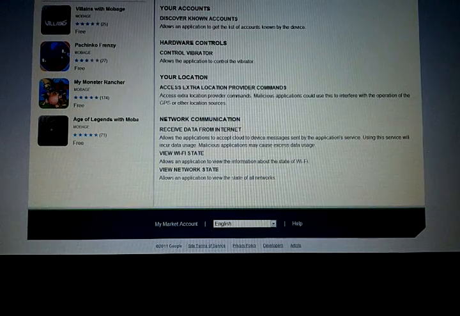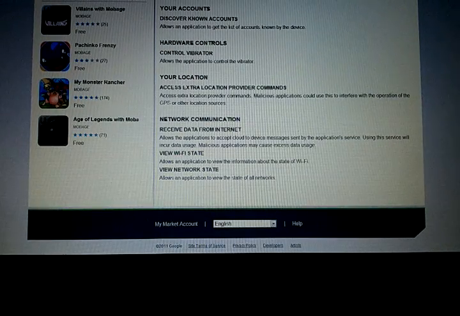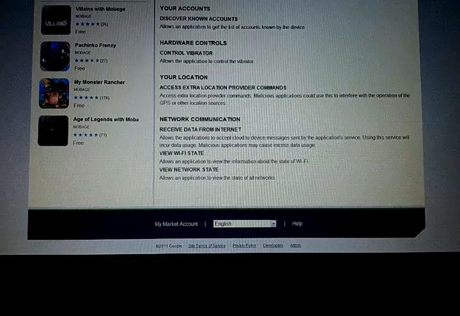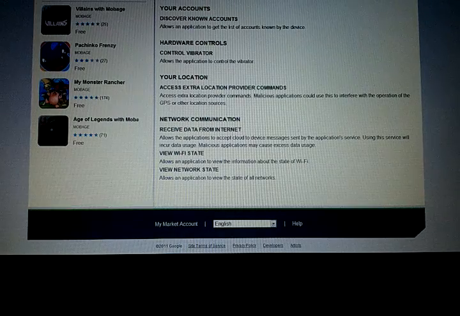Okay. This also can access extra location provider commands. Malicious applications could use this to interfere with the operation of the GPS or other location sources. Now, I should be able to have my GPS on or not, regardless of this application.